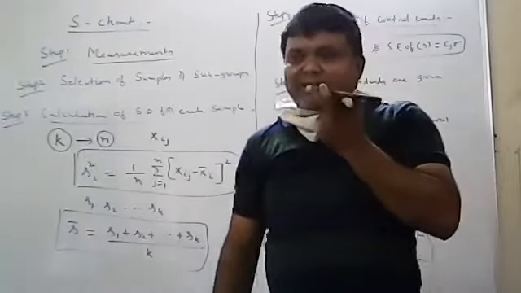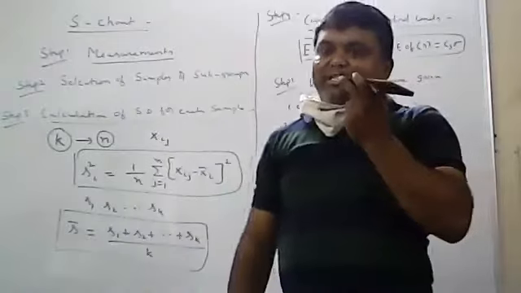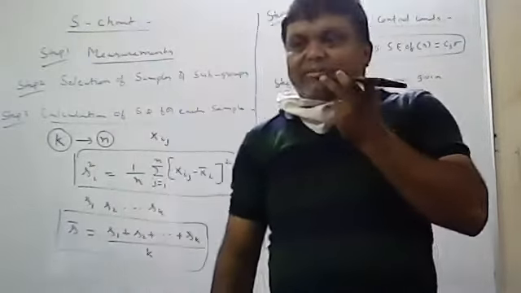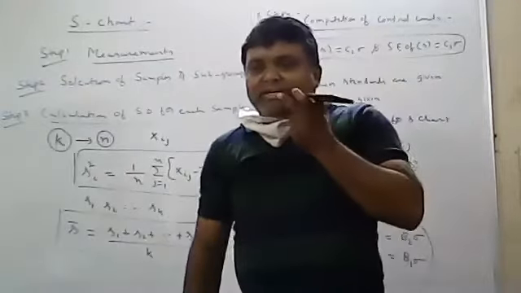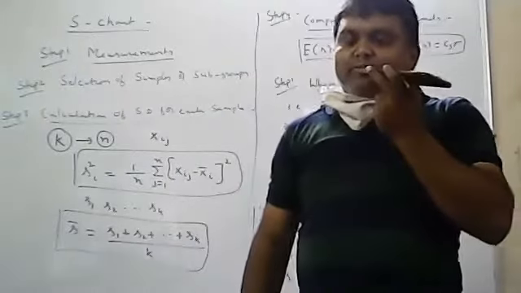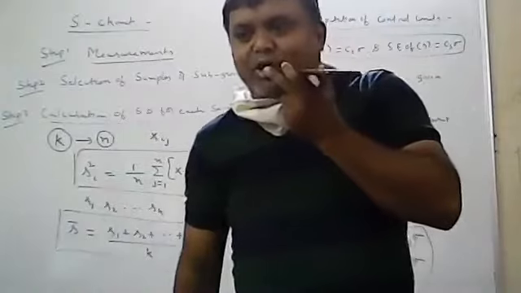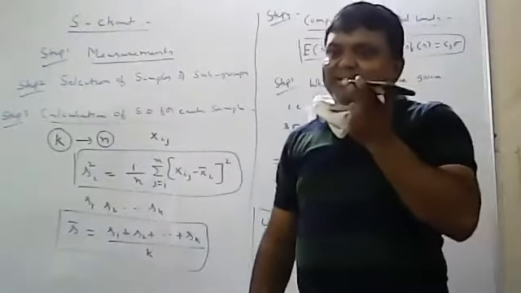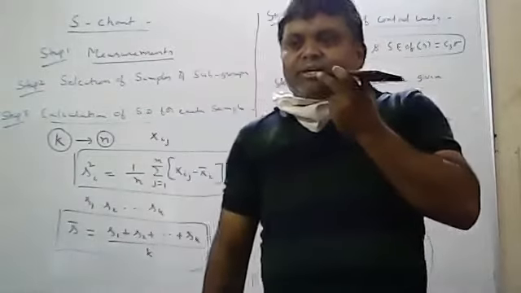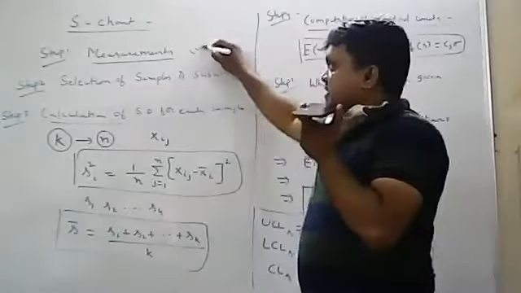If you want to minimize the error, you should always take care of 3 conditions. What is the first one? You have to use standard and good equipment. What is the second one? You have to appoint technically sound and skilled persons to handle those machines. And the third point is that before taking the measurements, you have to be clear in mind about what you want. These are the 3 things you have to remember before taking the measurements. If you take these 3 precautions, automatically you can minimize the error. So that is the first point in the S chart also.